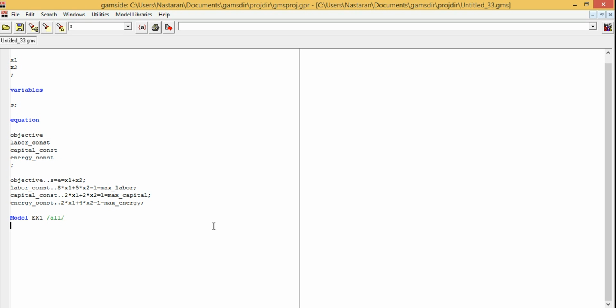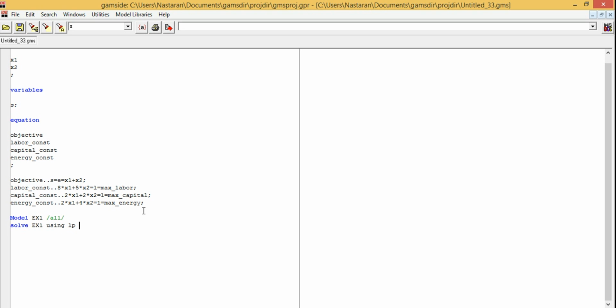So I'm going to write solve ex1 using LP. So LP stands here for linear programming, and so we need to define if our optimization problem is a